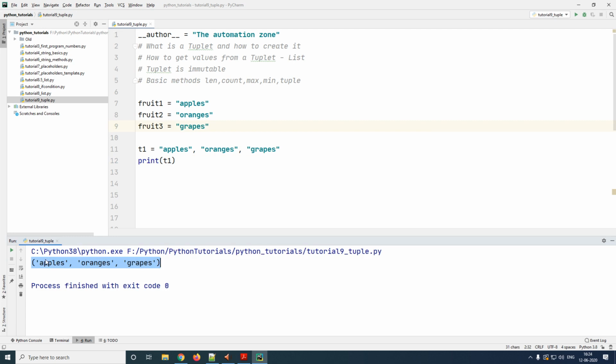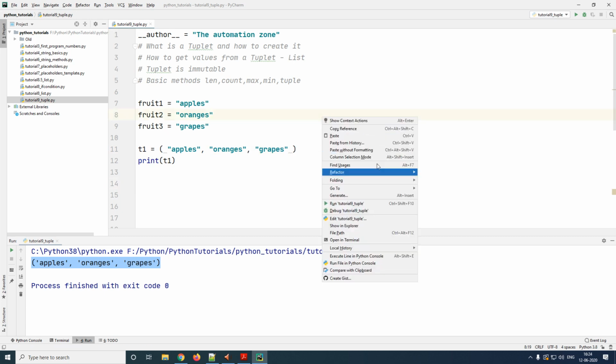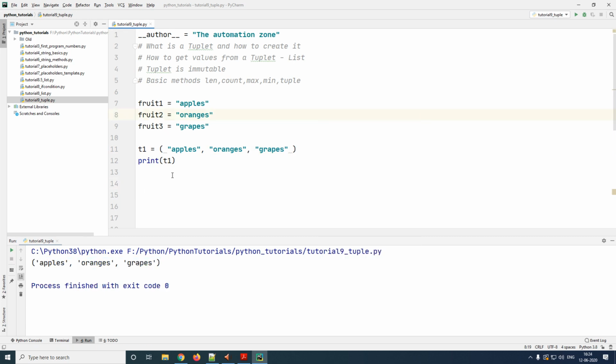If you see the output, you can see that this is one particular data type which holds all my 3 strings. The way you can identify a tuple is by these particular curve braces. This is also called a parenthesis. Usually you would not see developers creating a tuple like this. By default, we usually use the curve brackets before and after a tuple. This is not required, but it is a standard practice in Python programming. And if you run it, you can see the exact same output.